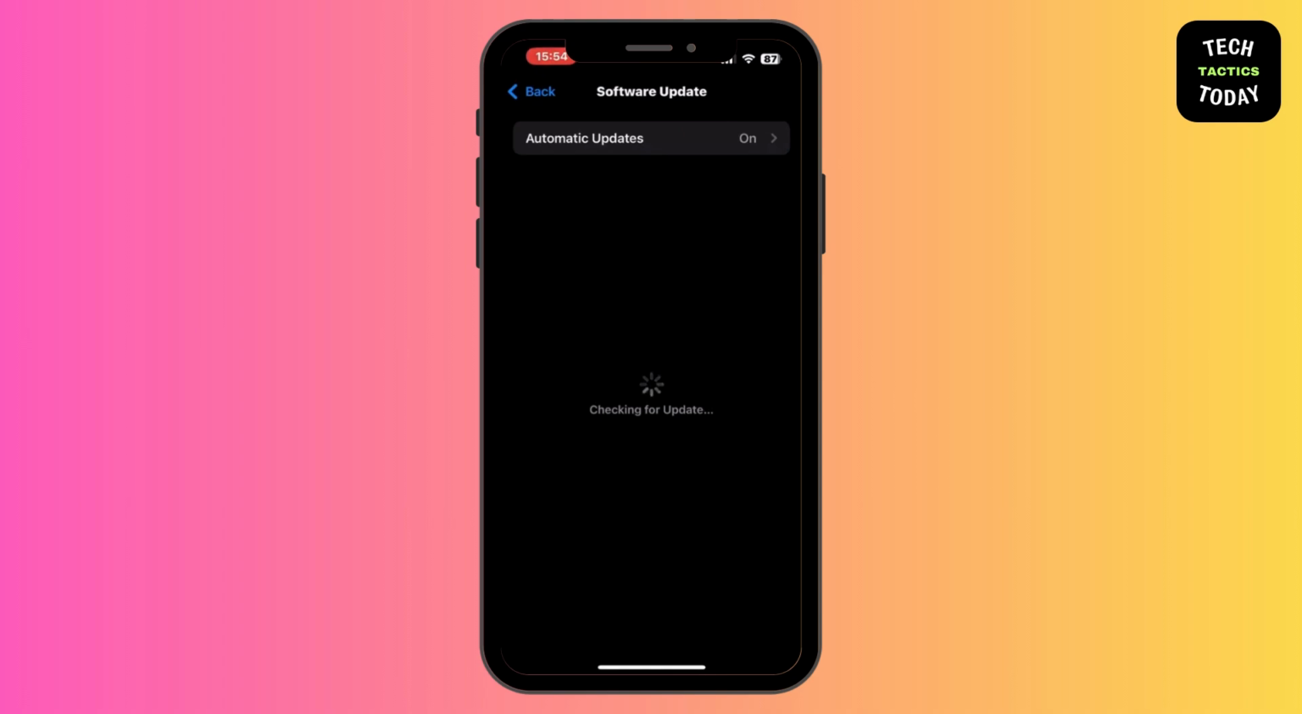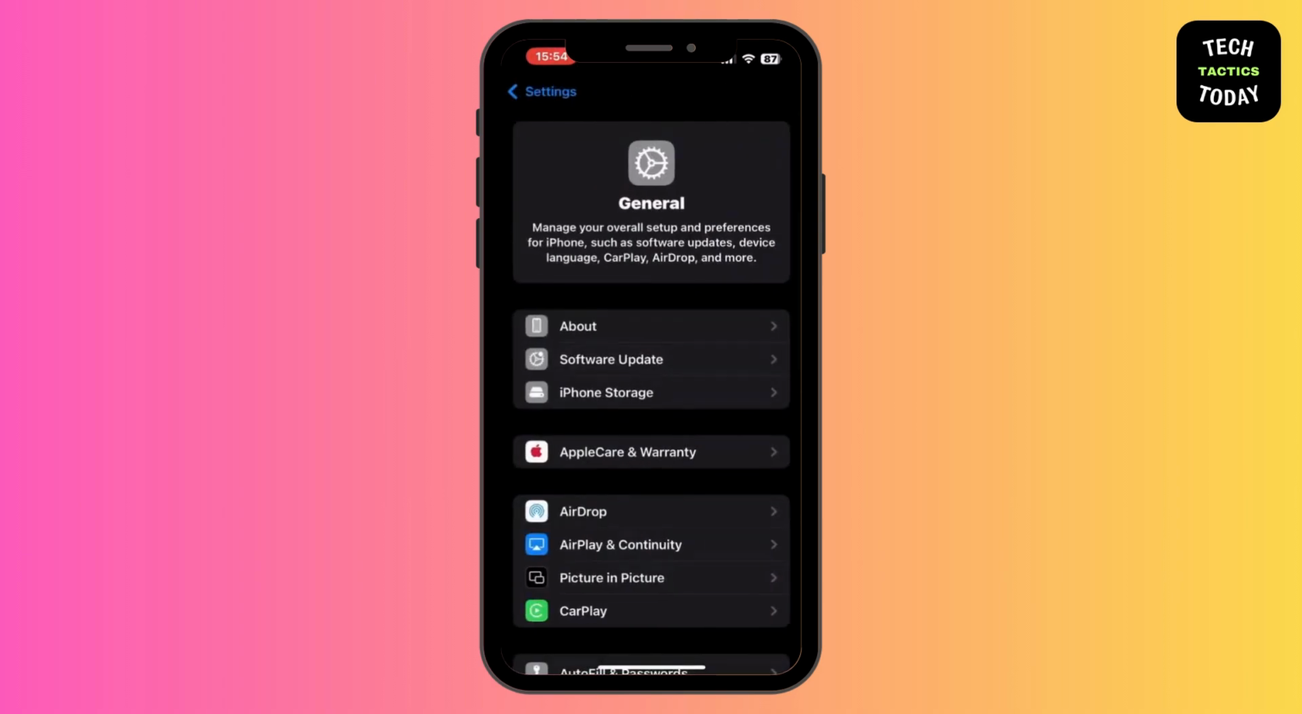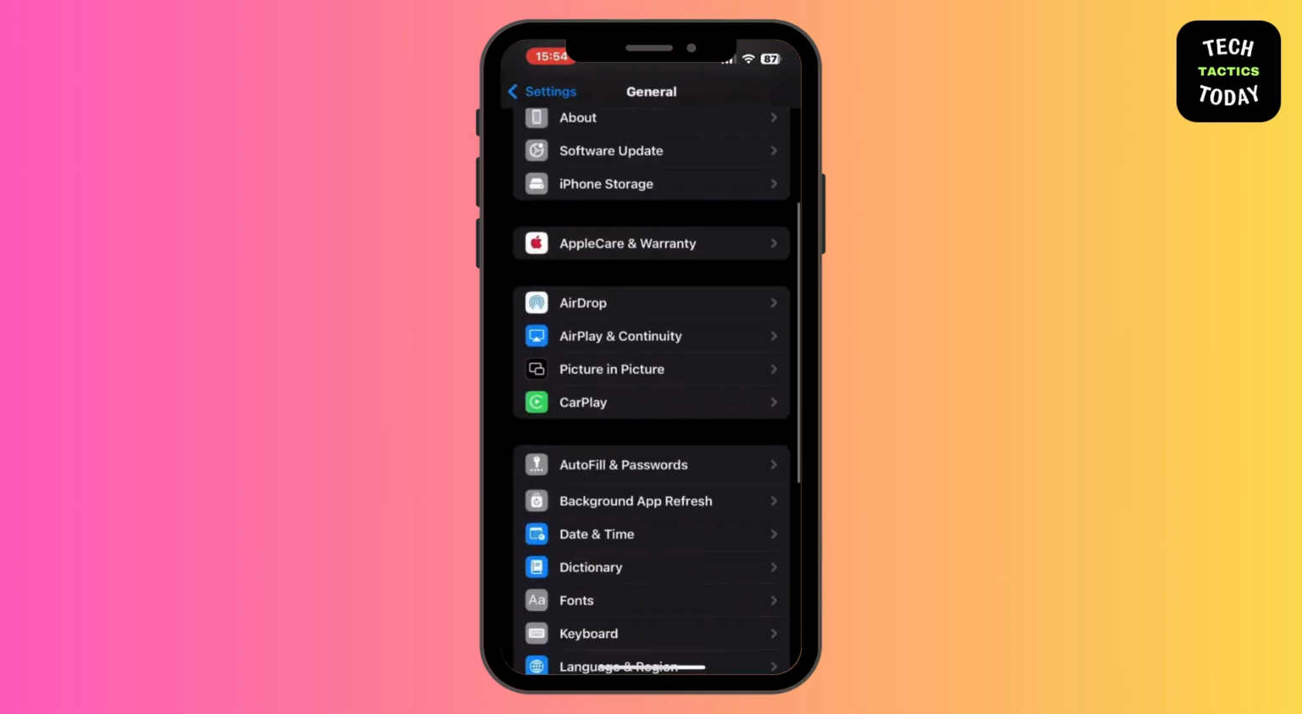And here you can see that they are checking for software update. So you have to update your iPhone to the latest version. You can see that. After updating your iPhone to the latest version, you have to scroll down and go to